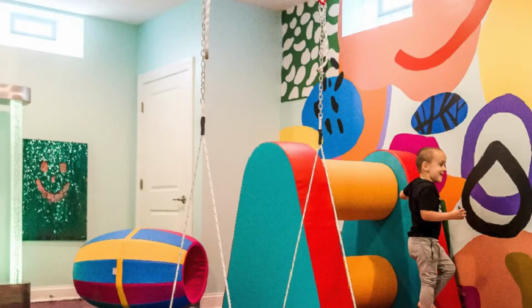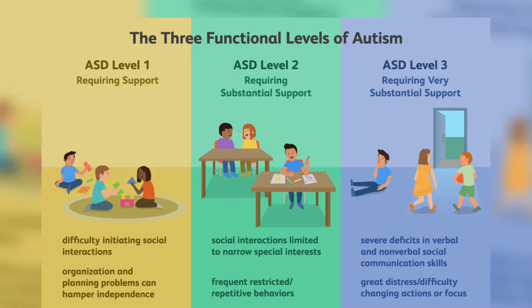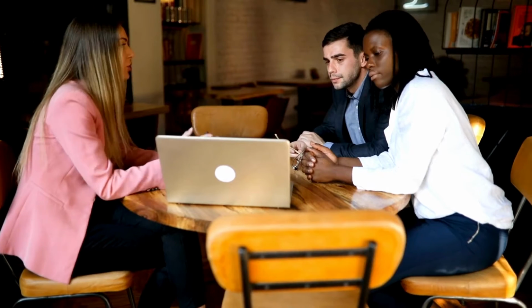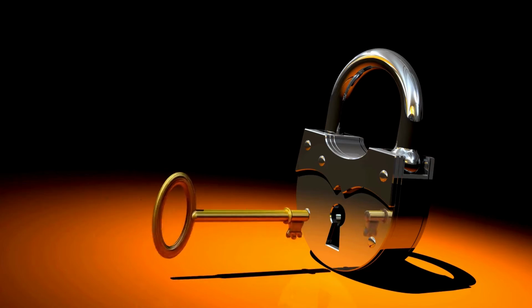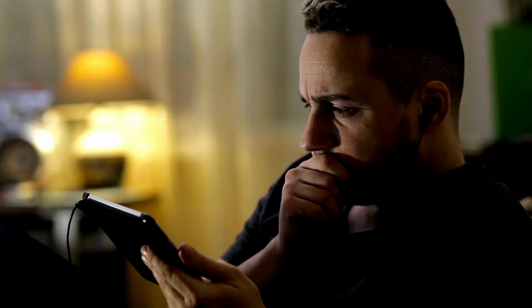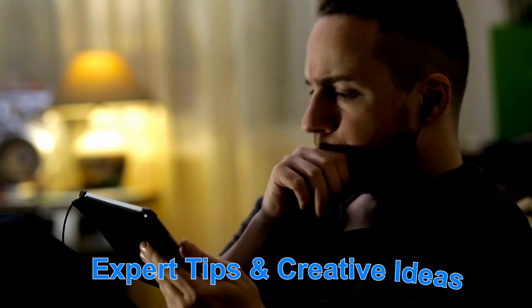Welcome to our transformative guide on creating a sensory haven at home, designed to meet the unique sensory needs of individuals at different levels of autism. In this comprehensive tutorial, we're not just offering a step-by-step process, we're unlocking the secrets to making this space truly magical. Stick around until the end, as we'll be revealing expert tips and creative ideas that can turn your sensory